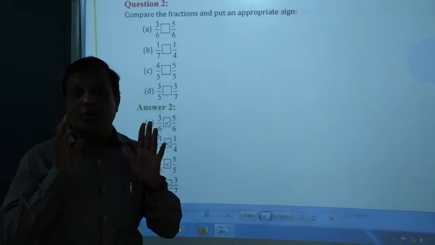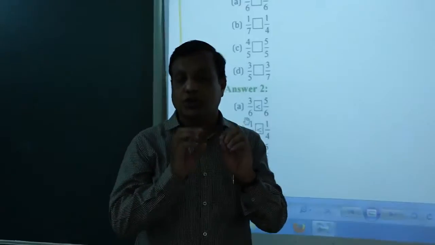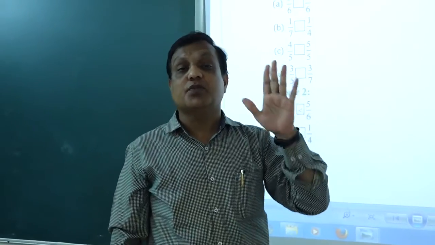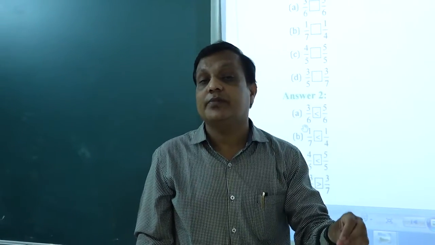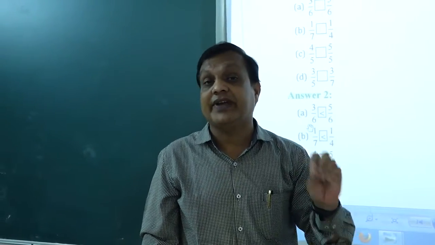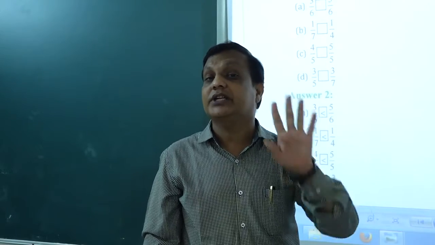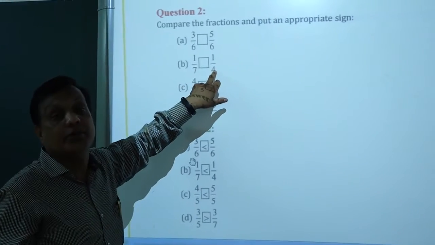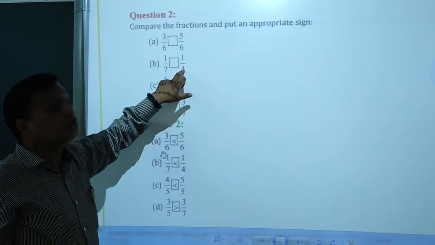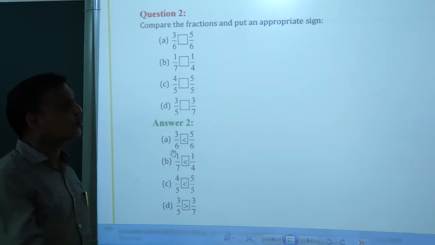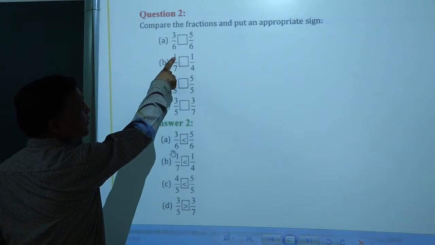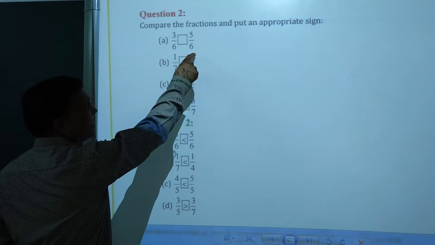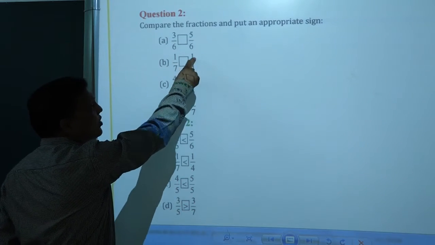When the denominators are equal, you can directly decide by looking at the numerator. The smaller numerator is the smaller number, the greater numerator is the greater number, when both the denominators are the same. But here, this is denominator 7 and this is denominator 4. These are different. So how to find that? You have to cross multiply. 1 times 4 is 4, 1 times 7 is 7. Here 7 came bigger, so 1 upon 4 is the greater.